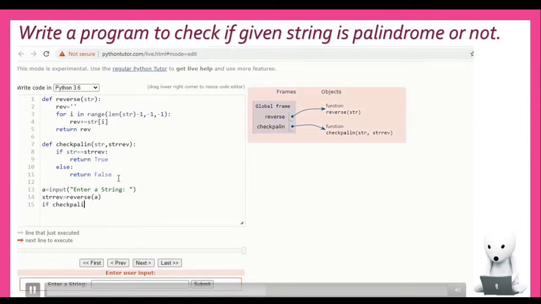Let's check if the reverse string is same as the original string or not by using the check palin function. We are passing two parameters, A and strrev. Let's see what value is contained in the reverse string. Let's display that first. So print reverse string is, comma strrev. So this is the reverse string which will be displayed here.